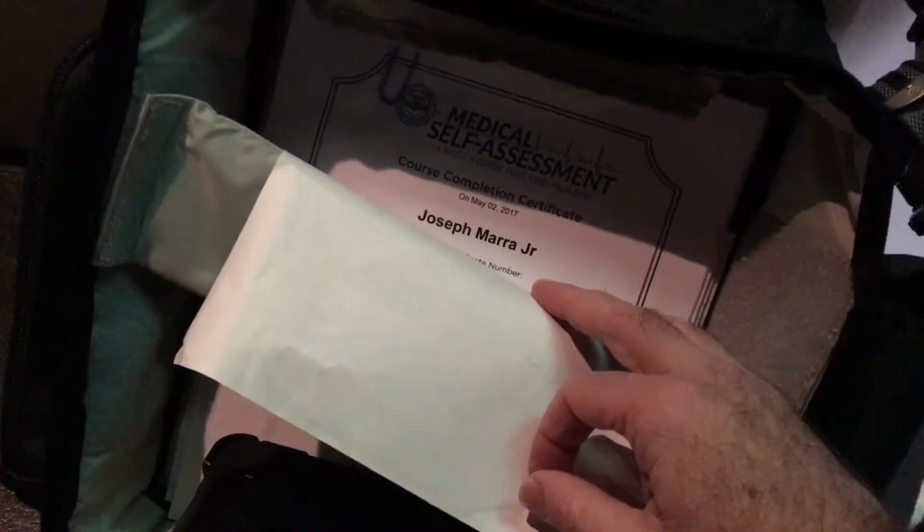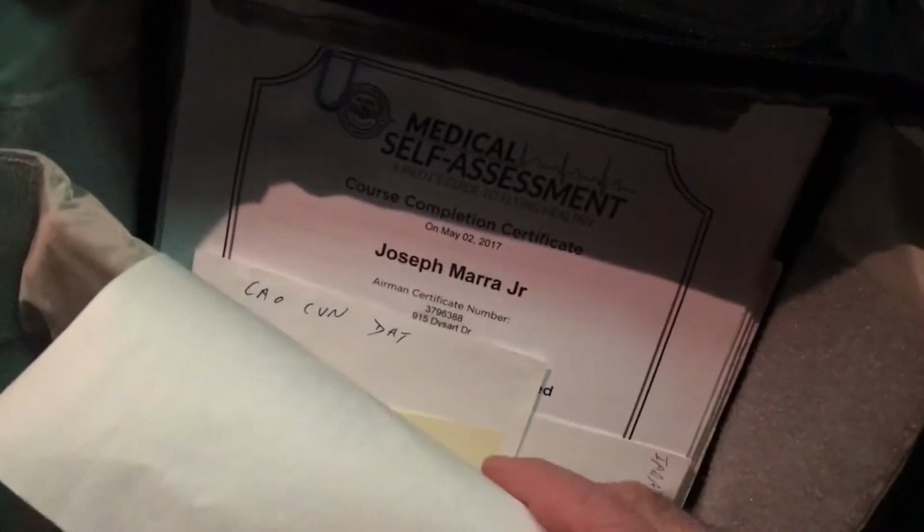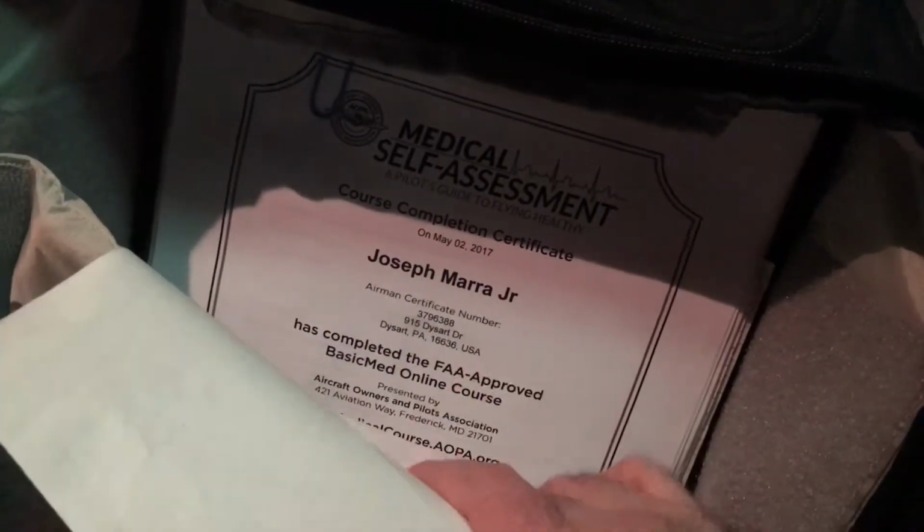Let's see. I had to course completion certificate. That's for the new basic med, and you'll have to check that out. It used to be for a private pilot, it was one thing, and for instance, I remember I was 39, and if I got my physical at that time, I was good for, let's see, 5 years, I believe it was. And it just so happened that they come out with this new basic med before I needed my medical. So again, as we're going forward here, you're probably picking up some things if you've never flown before, but